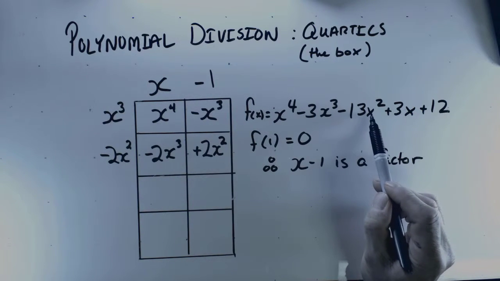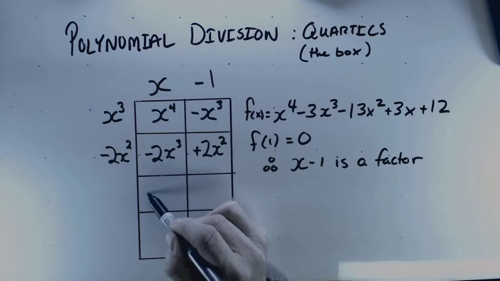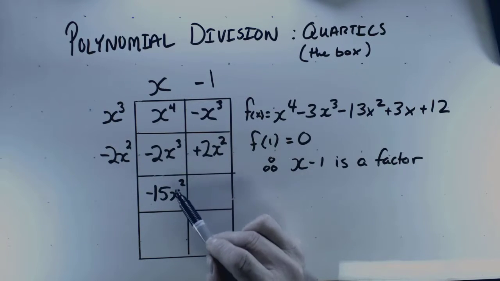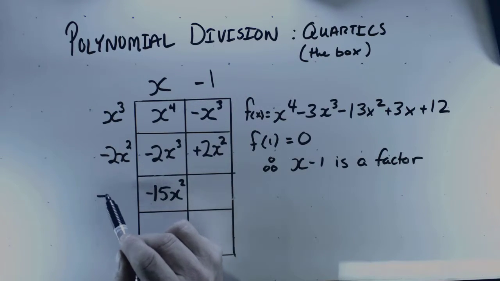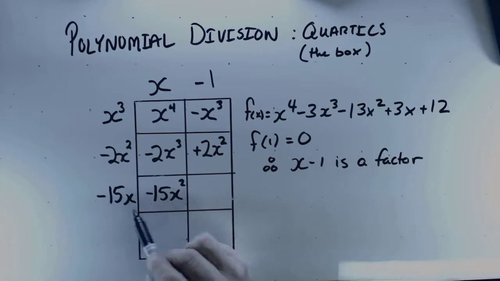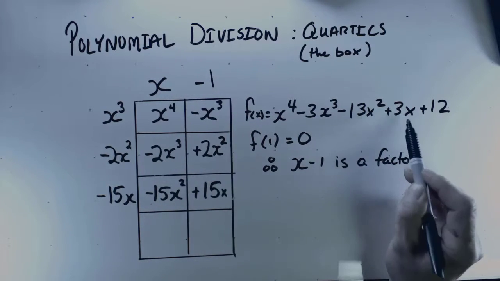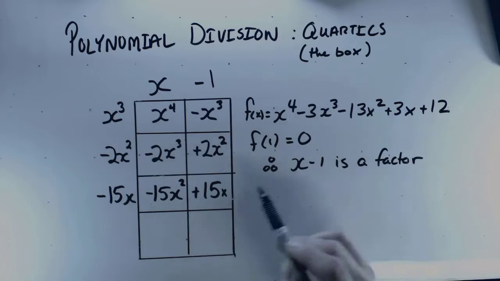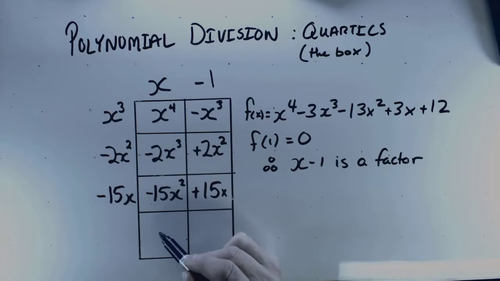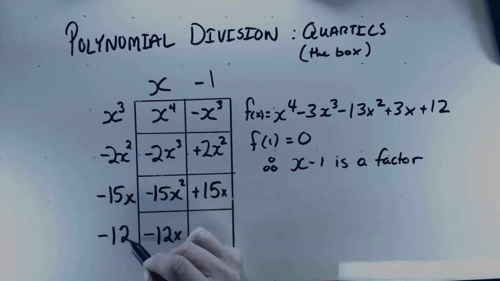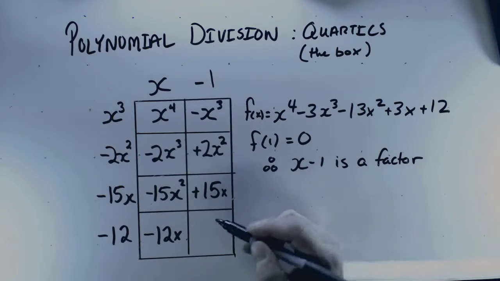I have negative 13x squared, and so I actually have to subtract 15x squared to get that negative 13x squared from these two terms, which means that this is a negative 15x, which means that this is plus 15x. Now I have 3x's here, and I have 15x's here, and so that means I'm going to have to subtract 12x's to make that work. And so that makes this a minus 12, because minus 12 times x is minus 12x,